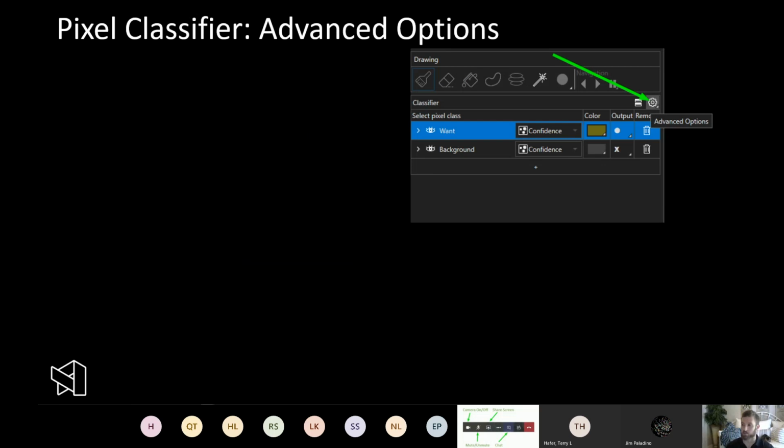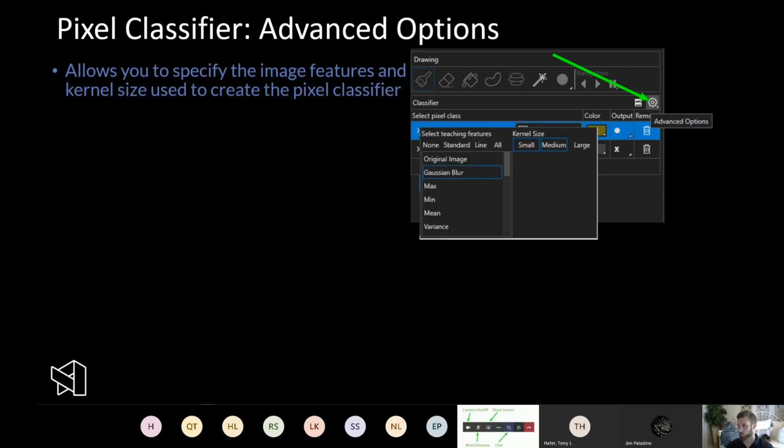We have some advanced options in the pixel classifier. We're not going to talk about this too much. Basically, whenever you're building this classifier, the computer is performing different image transforms on the image and seeing which ones produce the results that you want. And you can choose which